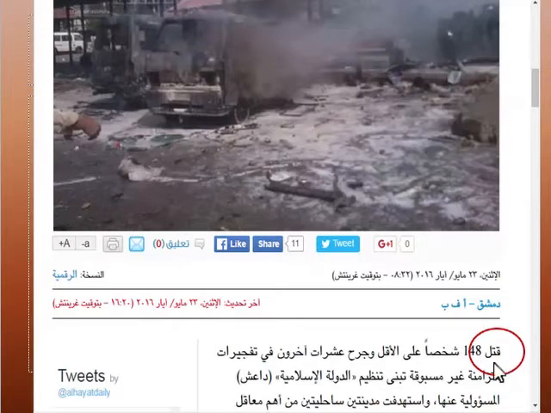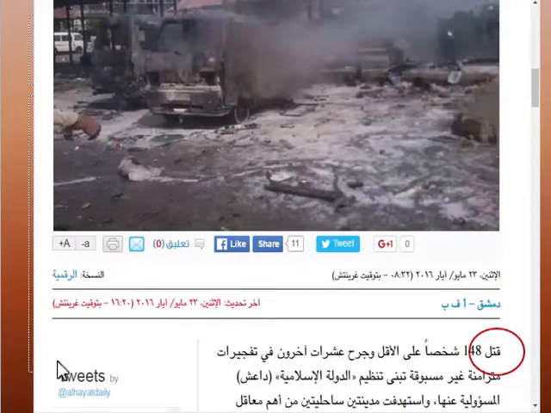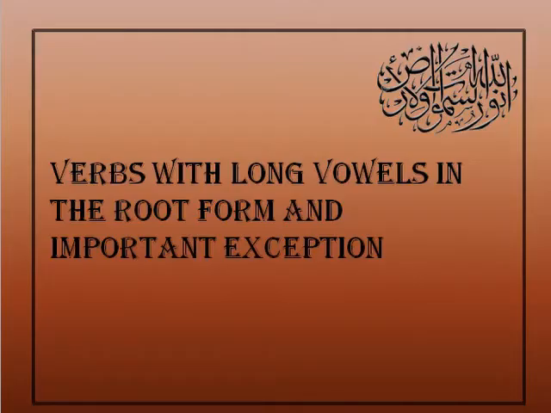So here we have kaf, ta, lam. The question is, is that the active, katala, kill, or kutila, to be killed? Well, let's see, 148 people at least, and tens more wounded. Okay, so probably that is kutila, to be killed. Now that's pretty simple, but verbs that have long vowels in their root are an important exception, and